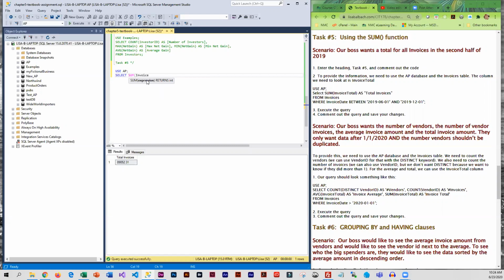So we are going to be using the between clause. And I'm going to sum up invoice total, give it a little alias of total invoices. And that's all coming from the invoices table. And this is where the invoice date